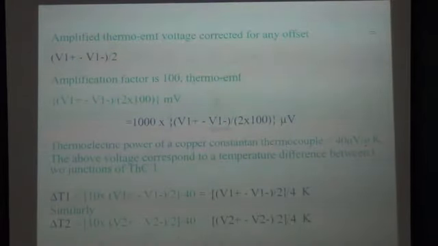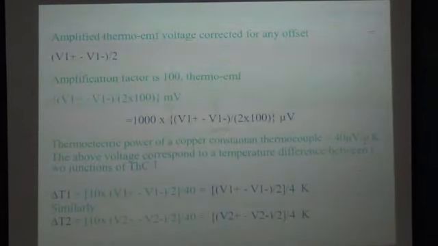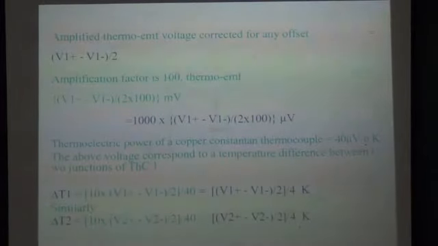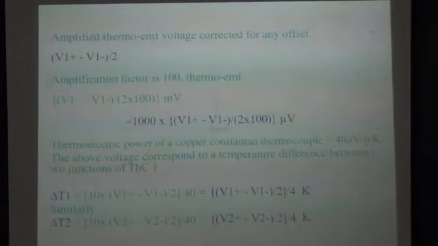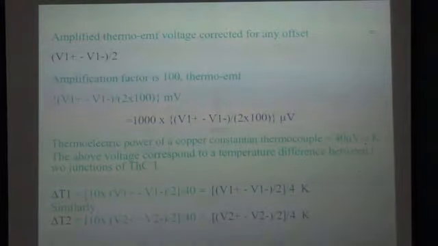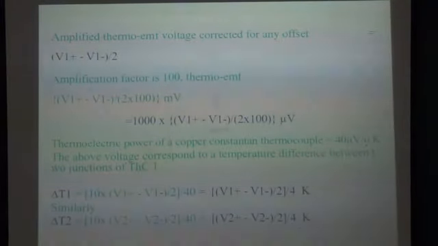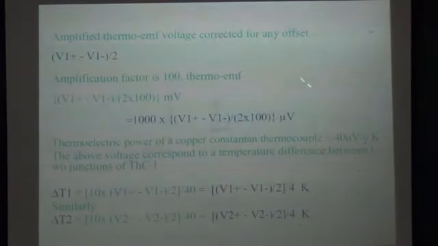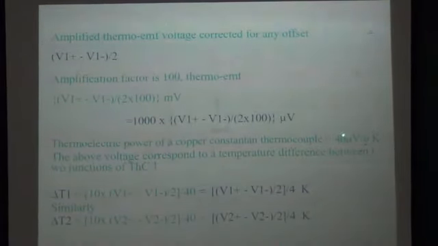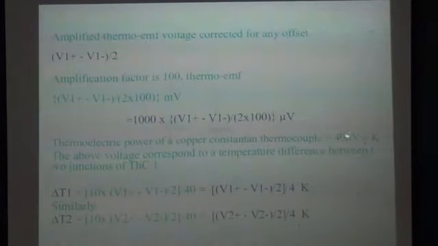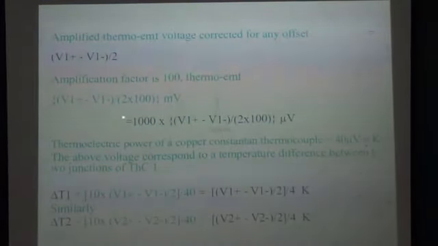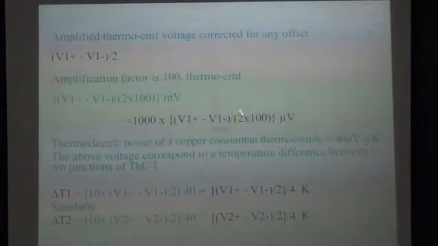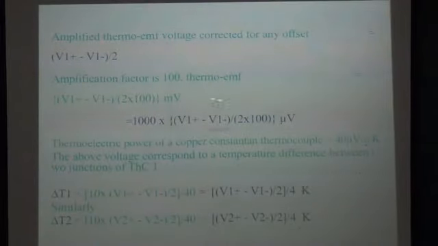Okay, 40 microvolt per degree Kelvin. This is known: if the temperature increases by 10 degree Kelvin or 10 degree centigrade, which is the same thing, since a change in temperature in degree centigrade and degree Kelvin is the same. So if we change the temperature by 10 degree centigrade here, the change in voltage will be 400 microvolts. So we measure this voltage, that is why we have written in microvolts. Okay, so we divide this by 40 to convert this voltage into degree Kelvin.